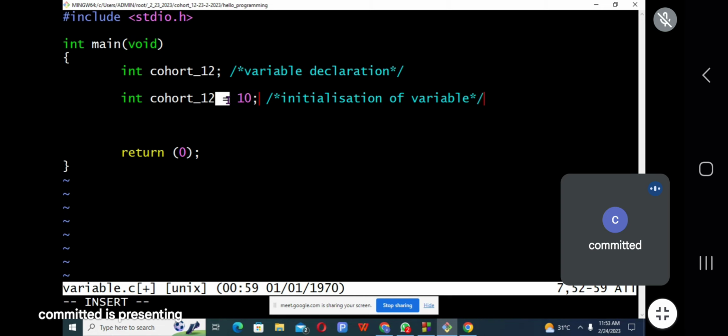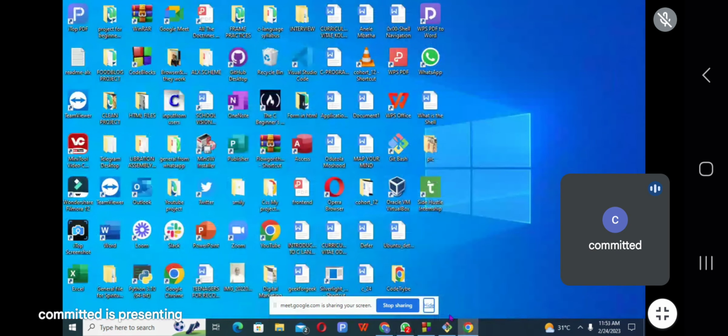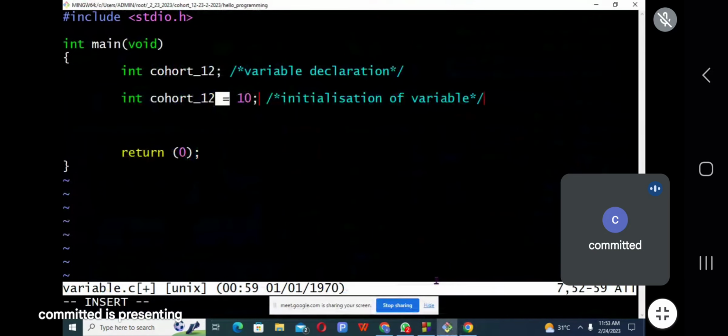This sign we are looking at is called the assignment operator, while this one is our value, known as your data.